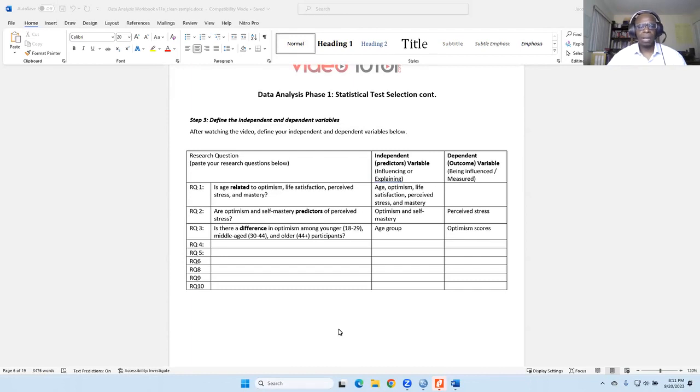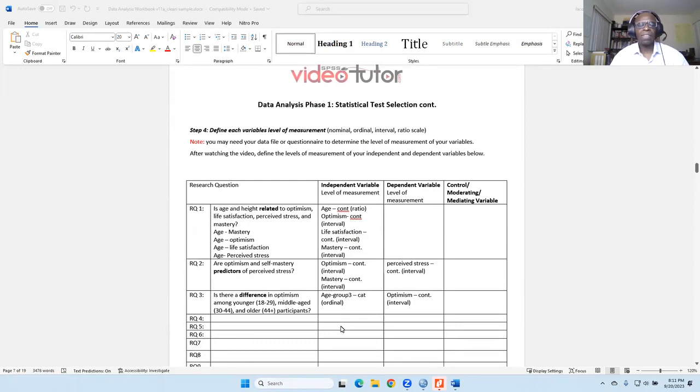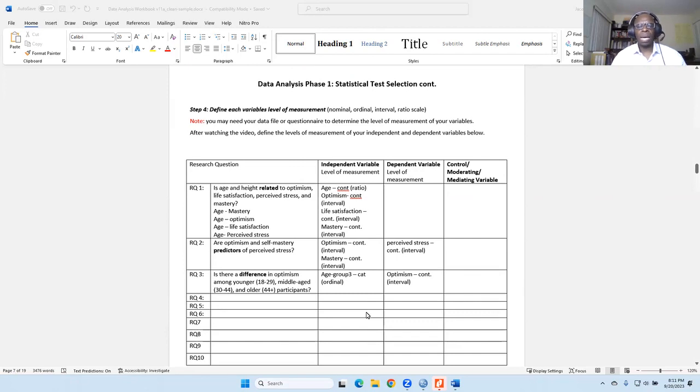In step 4, we had to define the levels of measurement of each of the variables. We talked about categorical variables, which are either nominal or ordinal, and then continuous variables that were either interval or ratio. Again, there are pre-workshop videos that go into details about these levels of measurement. I didn't go into a lot of detail,